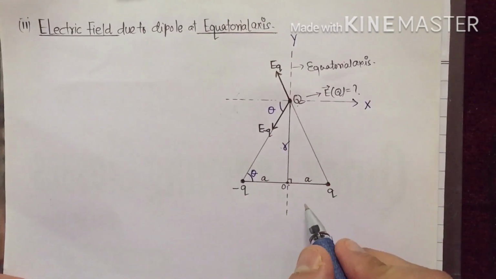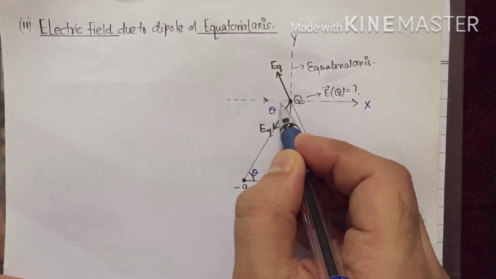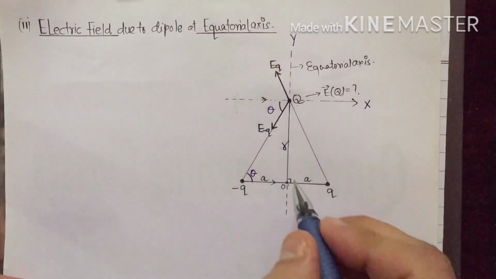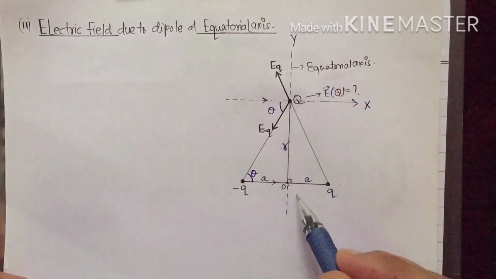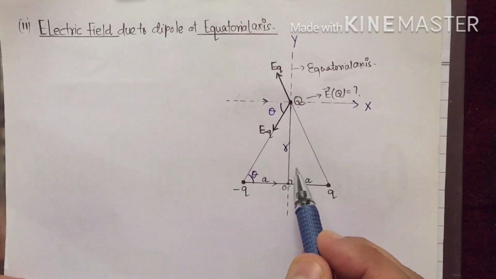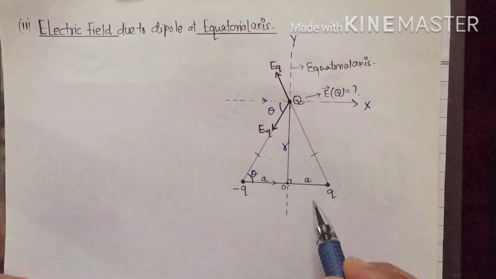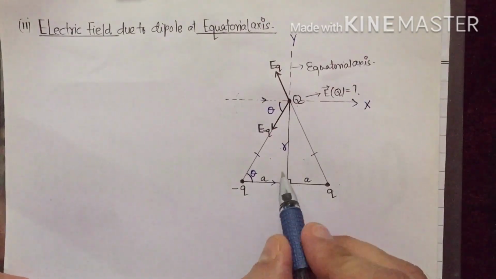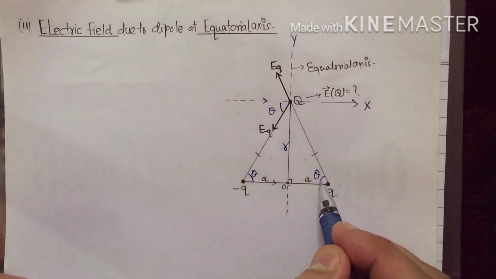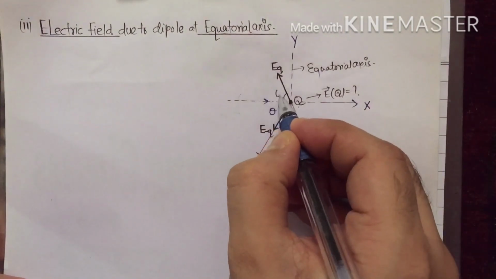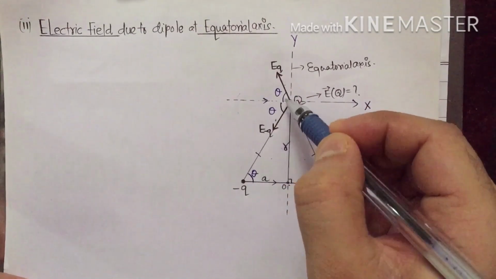So therefore, since this line is parallel to the base, this theta will be equal to this theta as an alternate angle. This is an isosceles triangle, as we can prove from RHS fact. Equatorial axis is perpendicular to the dipole, so from RHS fact we can show these two triangles are congruent. So therefore this side will be equal to this side, and this theta will also be equal to this theta. Now from corresponding angle, this theta will be equal to this theta angle. So therefore the two electric fields are inclined at total angle of 2 theta.